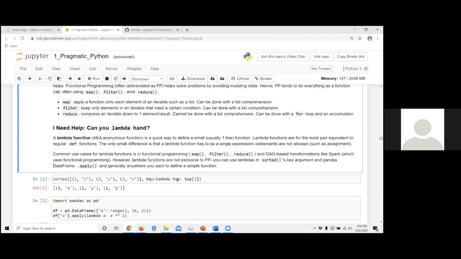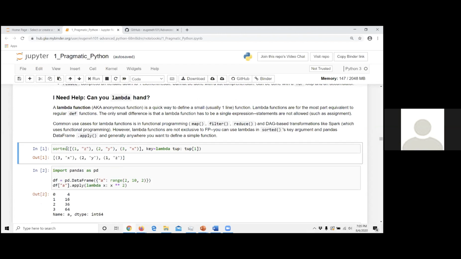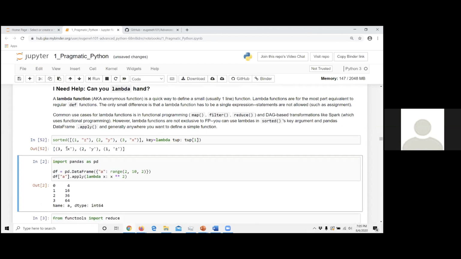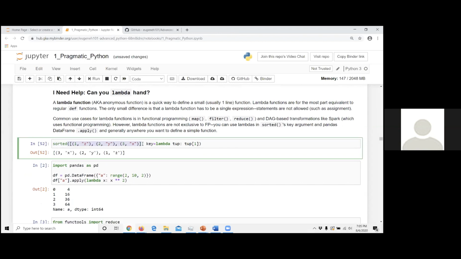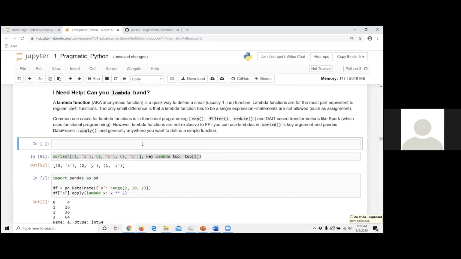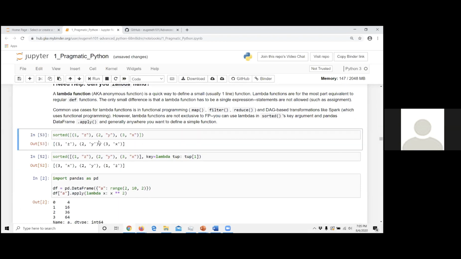So quickly, what is lambda used for? Lambda functions are good for sorting. So if I wanted to sort a list on the first element, I would just use sorted. If I just want to sort on the first element, I just do this, right? If I change this to go reverse, there we go.